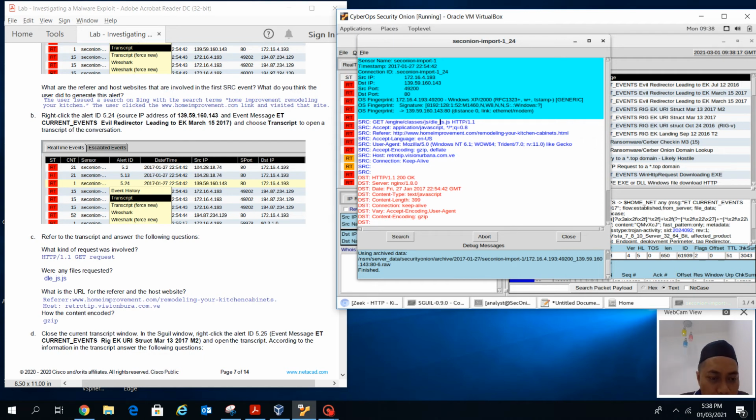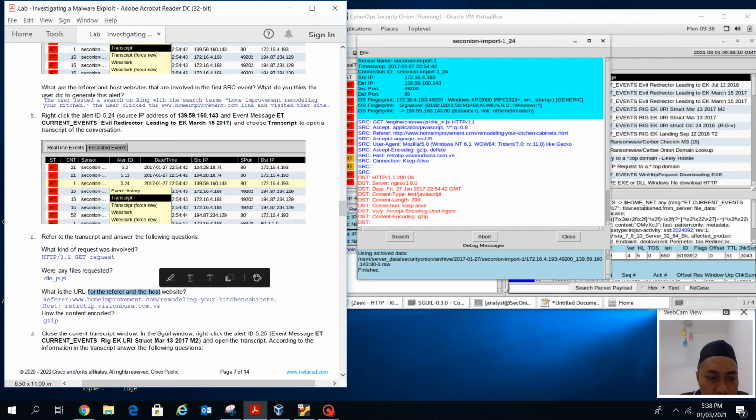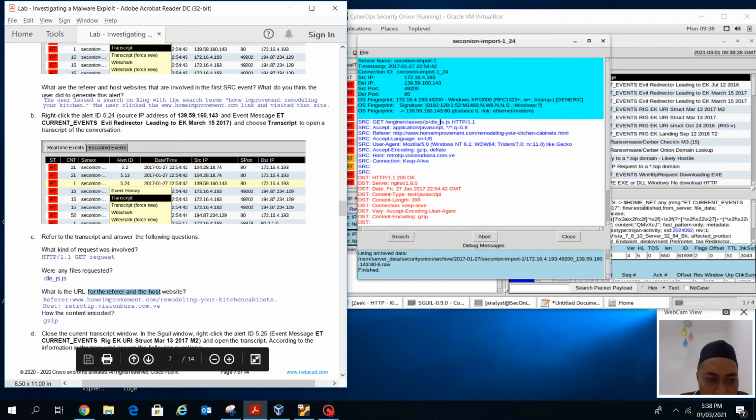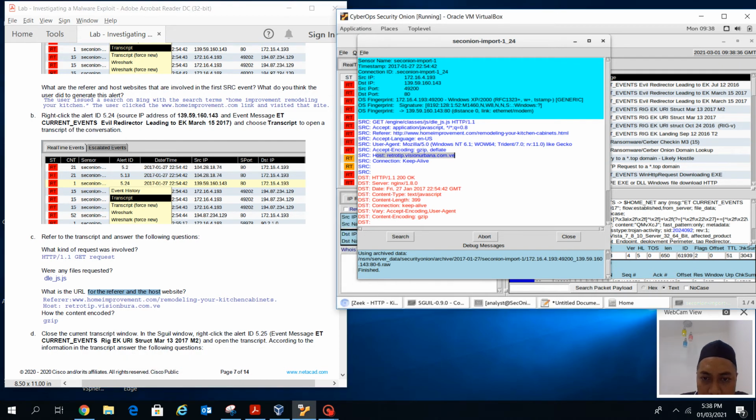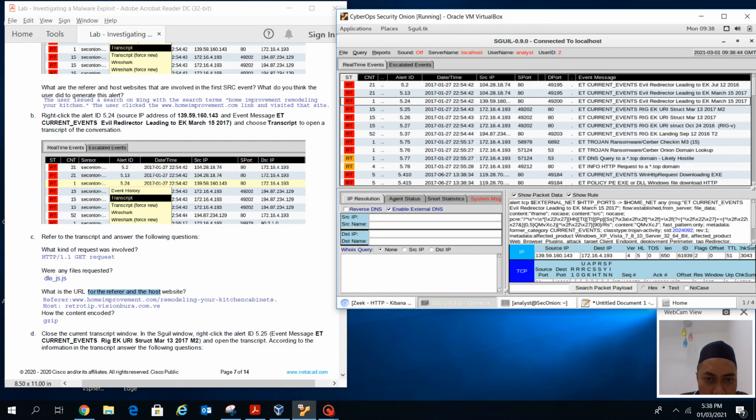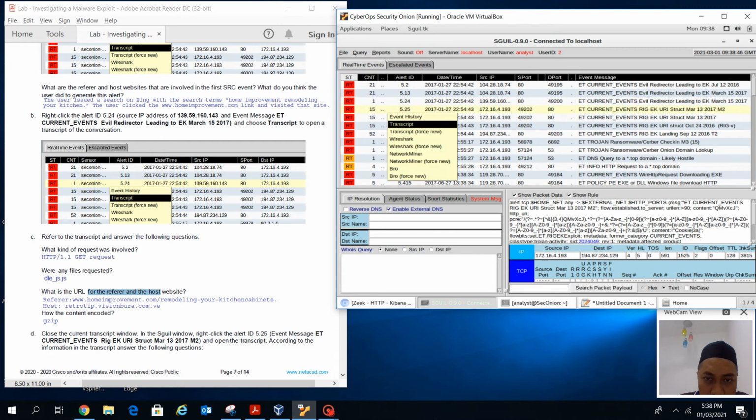And then what is the URL for the referrer? The referrer here is homeimprovement.com, remodeling your kitchen cabinet, and the host website is actually retrotrip.com. This one is the host. Okay, you can find the answer here. Next, just close the transcript window. We go to another transcript for this event, 5.2.5,